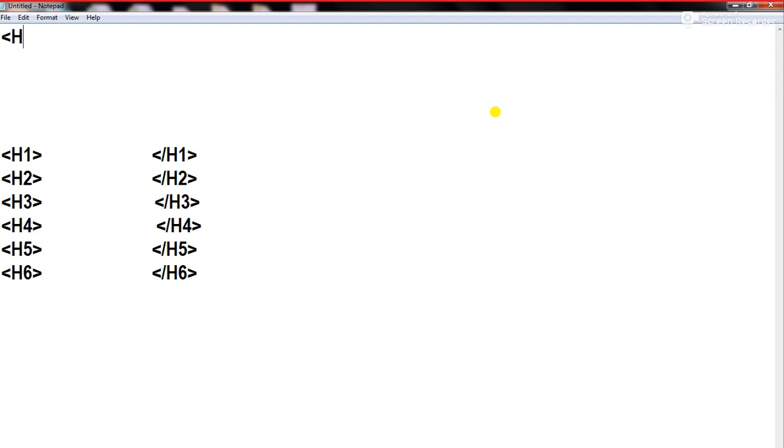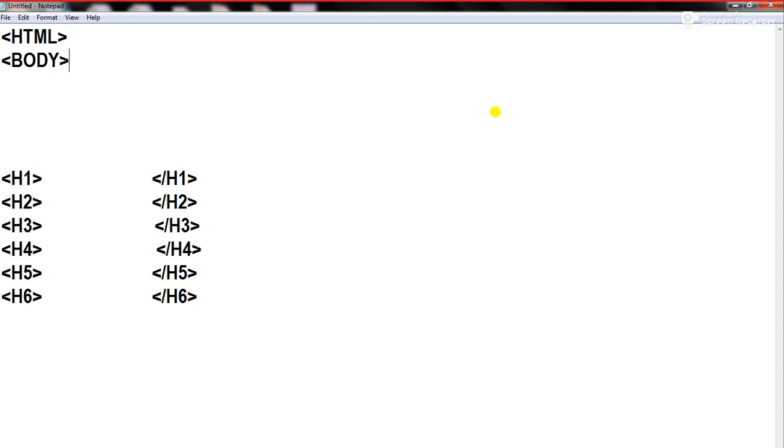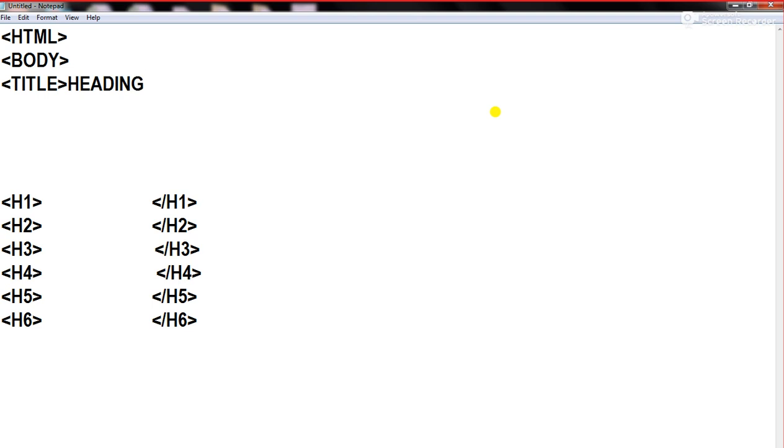In the first line we have to write the HTML tag. As we write the HTML tag, the computer will understand that this is an HTML program, right? The second tag we write is the head tag. The third tag we write is the title tag. Whatever we write in the title tag will be displayed in the title bar of the browser. Since title is also a container tag, we are supposed to close this title also, okay?